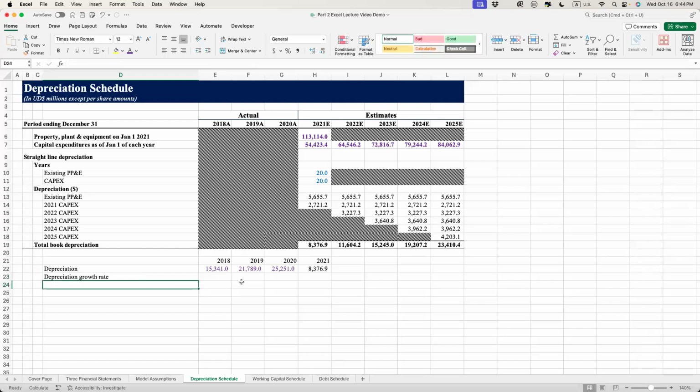Next, we can assess how the depreciation changed. Apparently, by just looking at the numbers, we see that depreciation has been increasing year over year in the past 3 years. So that should start to tell you that probably this 8,376 is not a reasonable number, because based on the historical trend, we should expect to see increasing depreciation. And another reason this might not be a reasonable number is that you're only going to see one scenario, or a certain scenario, where depreciation is decreasing, which is when you're starting to sell your